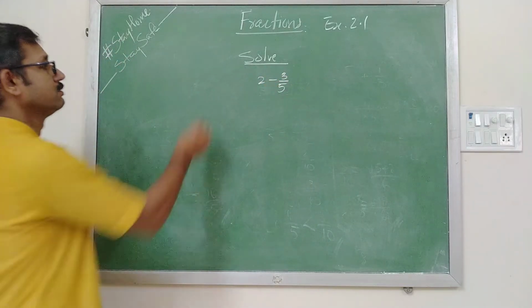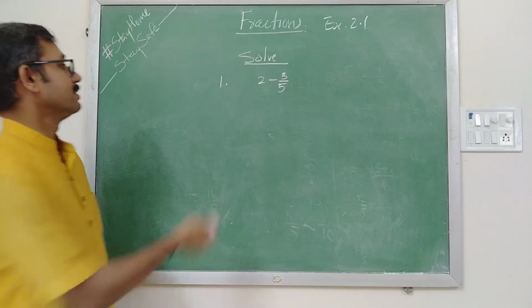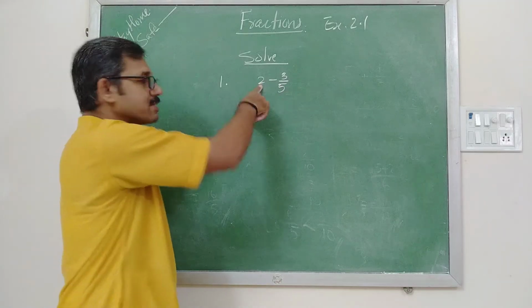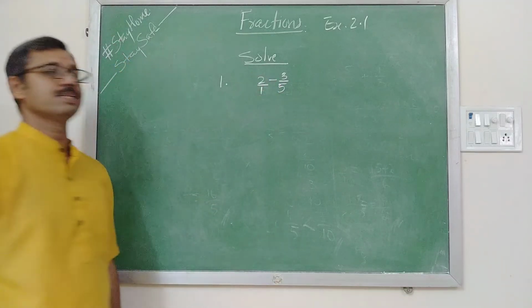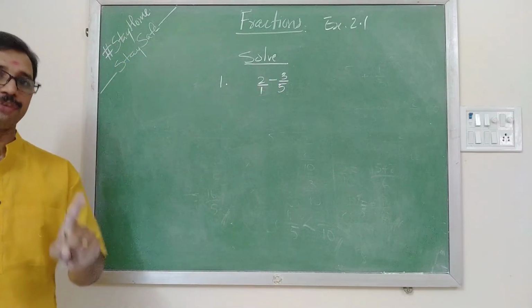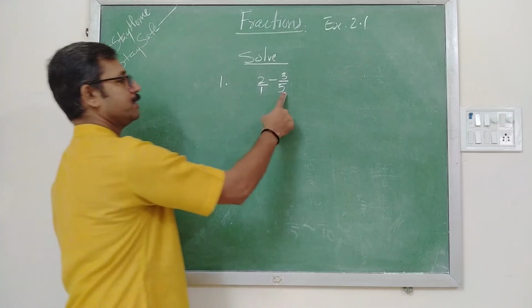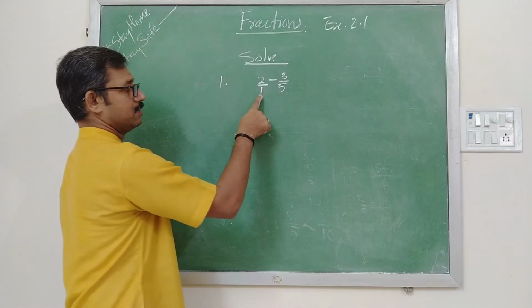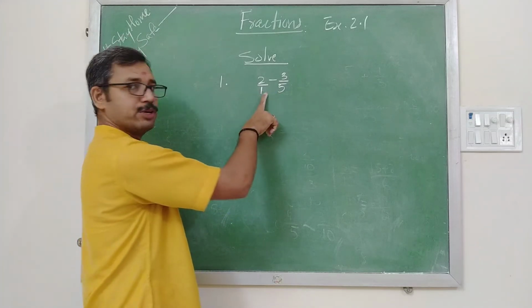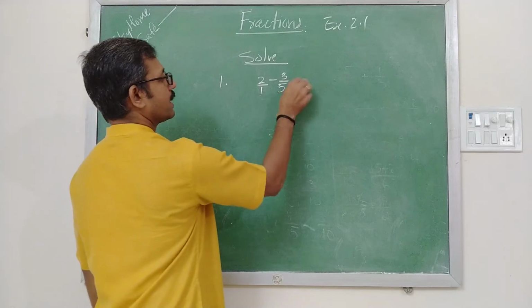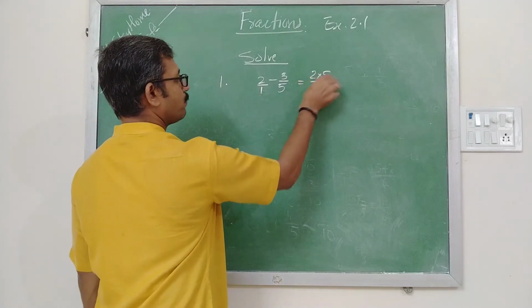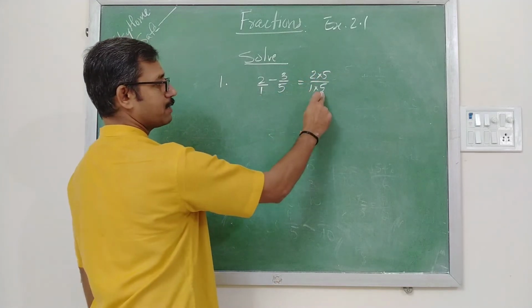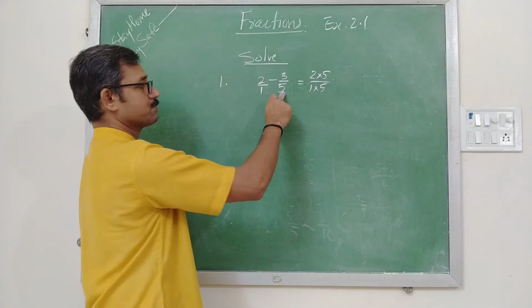Okay, fine. First question. Now you know, is it a fraction? Yes, it is a fraction. How is it a fraction? Because 1 is its denominator. Now our first procedure is, we have to make the denominator equal. Now 1 we have to convert into 5. So you have to multiply by 5. So we can write it as 2 into 5 upon 1 into 5. Why do we multiply the denominator by 5? Because we have to do this 5 here.